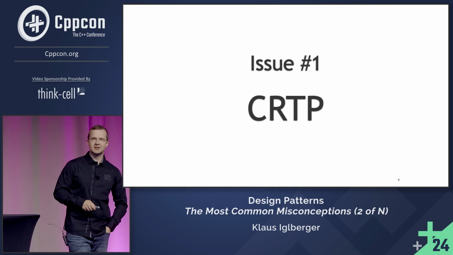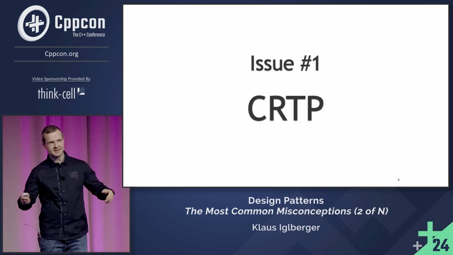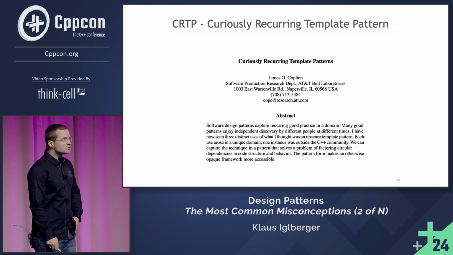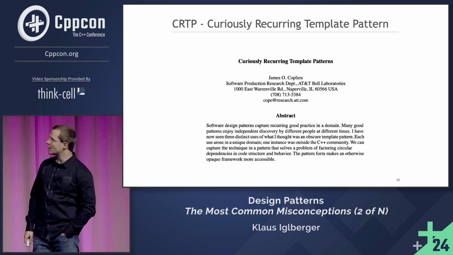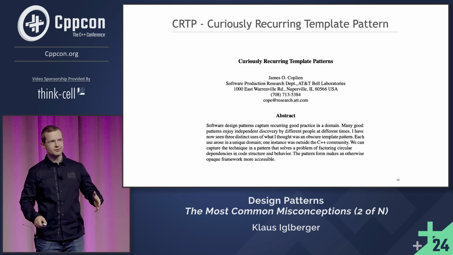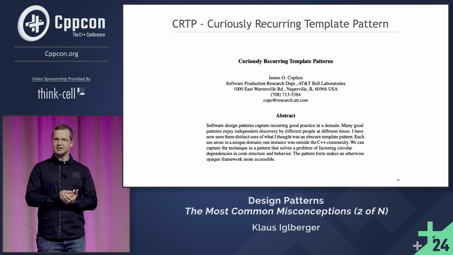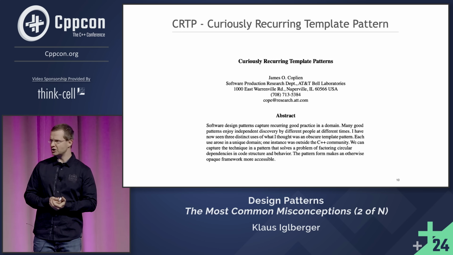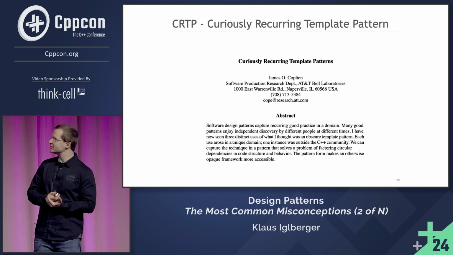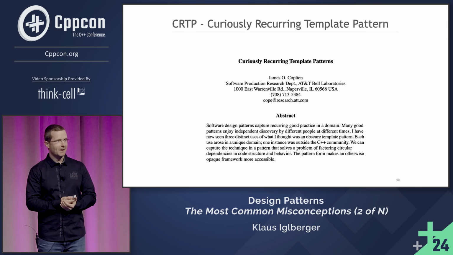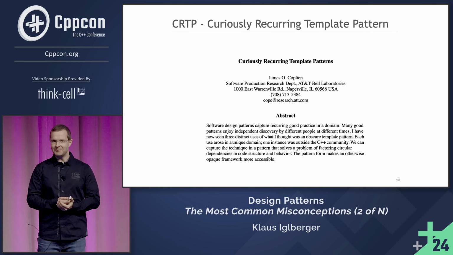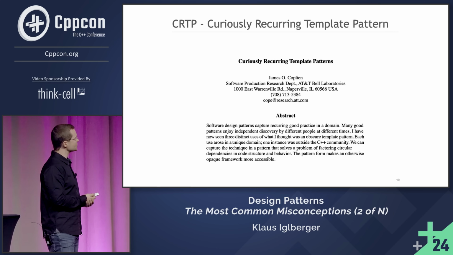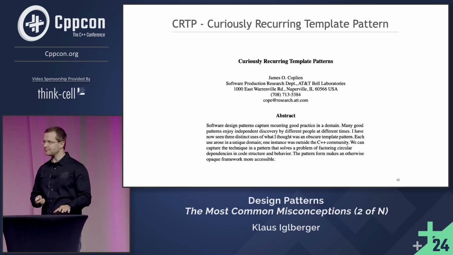Now, I guess many of you know CRTP, have heard about this before, but of course there's the chance that some people have not heard about this before. So this is a pattern described in 1995 in a paper by James Coplien, in which he basically just reported that there is an interesting template-based pattern that many people have used in their code bases. And he found this to be truly curious, and so he wrote a paper, Curiously Recurring Template Patterns. He didn't really name the thing in the paper, but the name of the paper then turned out to be the name. So this was not really consciously chosen, but okay, we name it CRTP today.